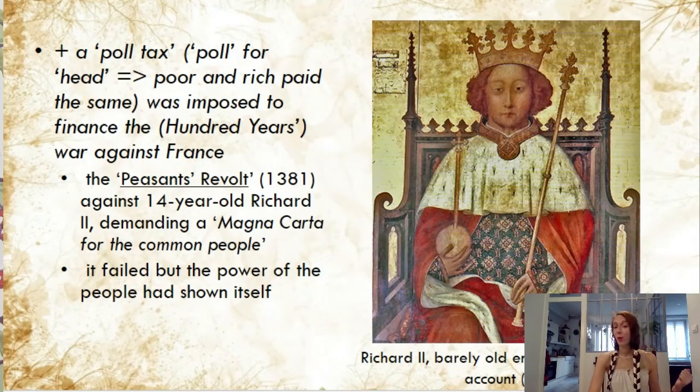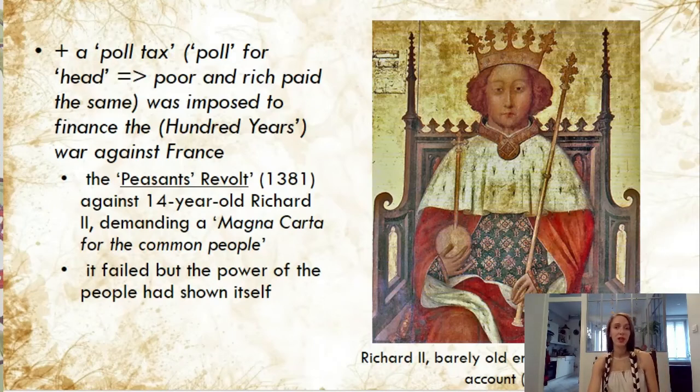There was also the question of the poll tax that's infamous throughout the ages. Poll being a word for head, so with the poll tax, the poor and the rich paid the same, because it was paid if you had a head, basically. It was imposed to finance the 100 Years' War. Don't need to remember the details of it,